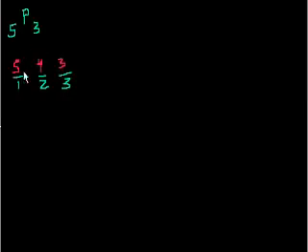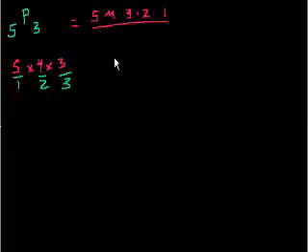permutations, the different ways that people could sit in the different chairs, if we cared about the order, if we cared about which chair they were sitting in, would be 5 times 4 times 3. And another way of thinking about that, 5 times 4 times 3, equals 5 times 4 times 3 times 2 times 1 over what? Over 2 times 1. Right? And that's the same thing as 5 factorial